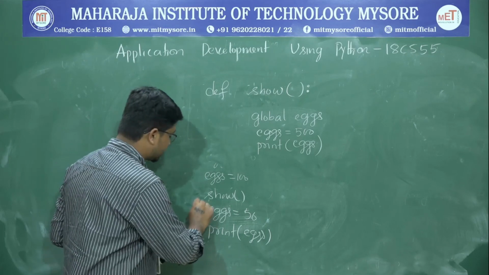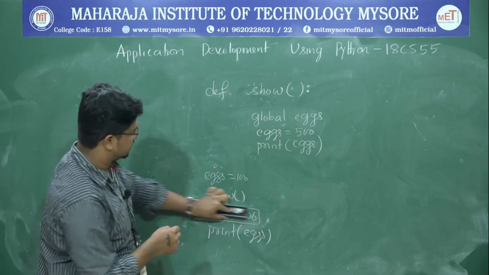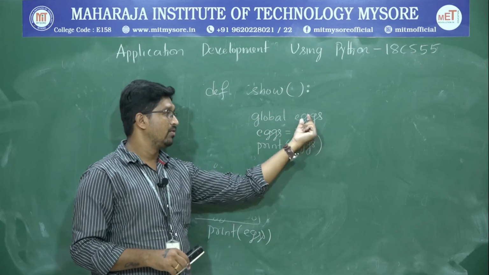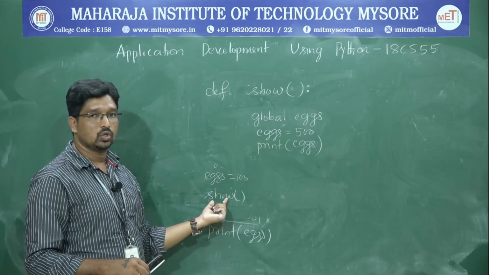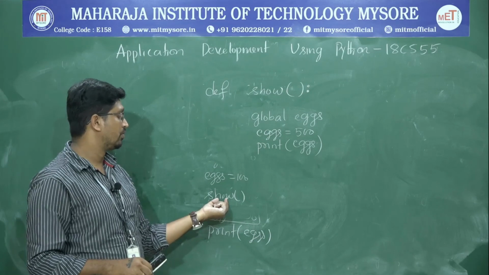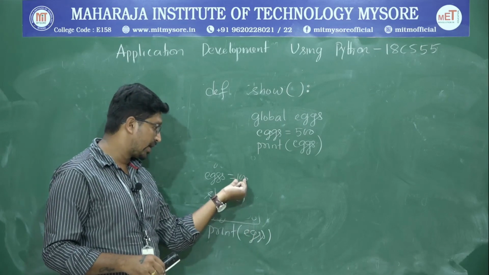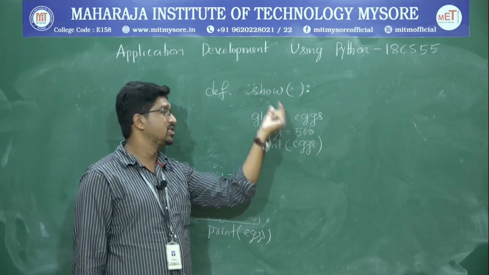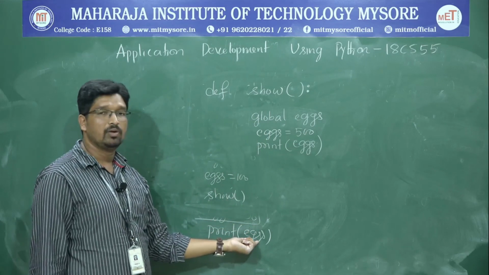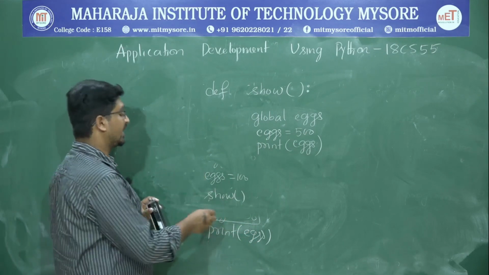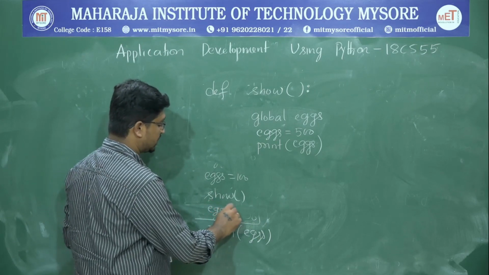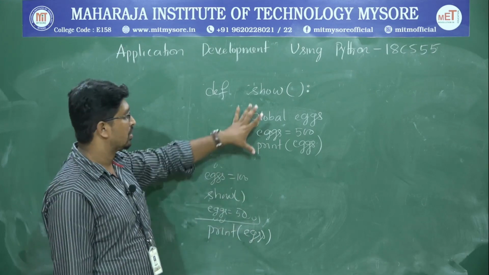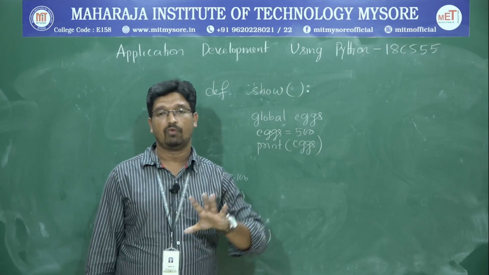Okay. Assume that this statement is not present. If you assume this statement is not present, x is initially 100, it goes to the show function, changes the value, prints the value, comes back to where you have called the show function. Then when you print x, it is not 100 because the function has changed the global value. Now the answer will be 500. If you change externally, x is equal to 50, then the result will be 50, not 500. This is how local scope and global scope work.